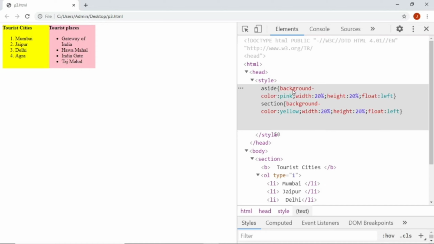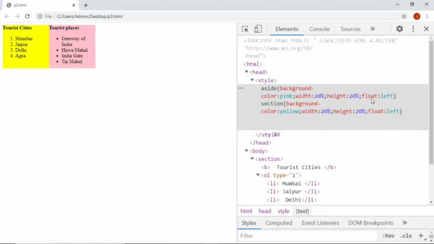We are going to use a background color. You can give any color. So aside will be applicable to this particular area on the left hand side, and the width can be specified as per the requirement. Here I have given 20%, height is also 20%, and float is left.